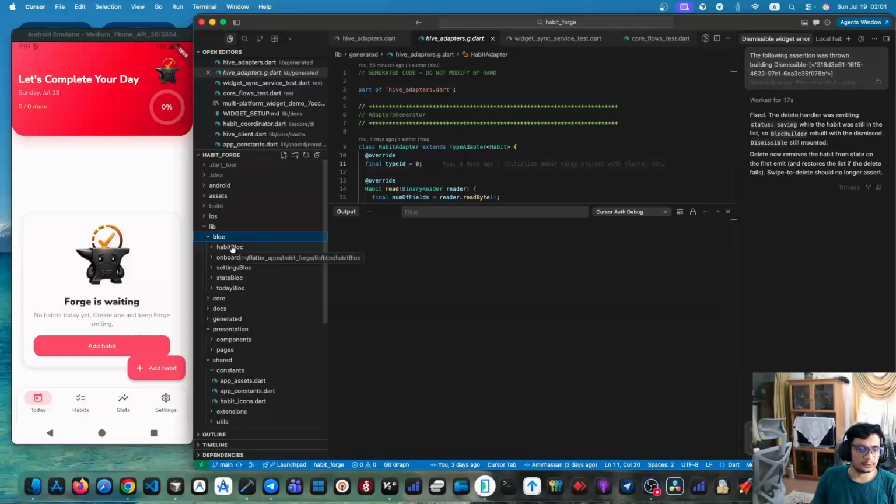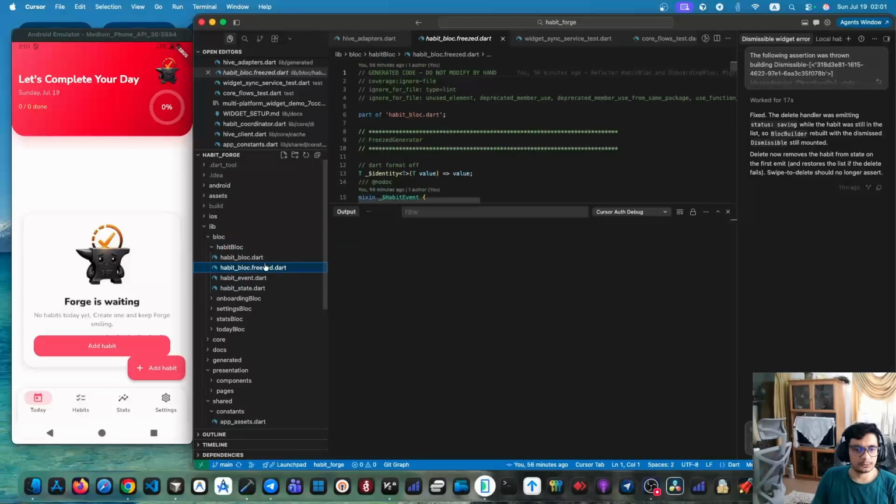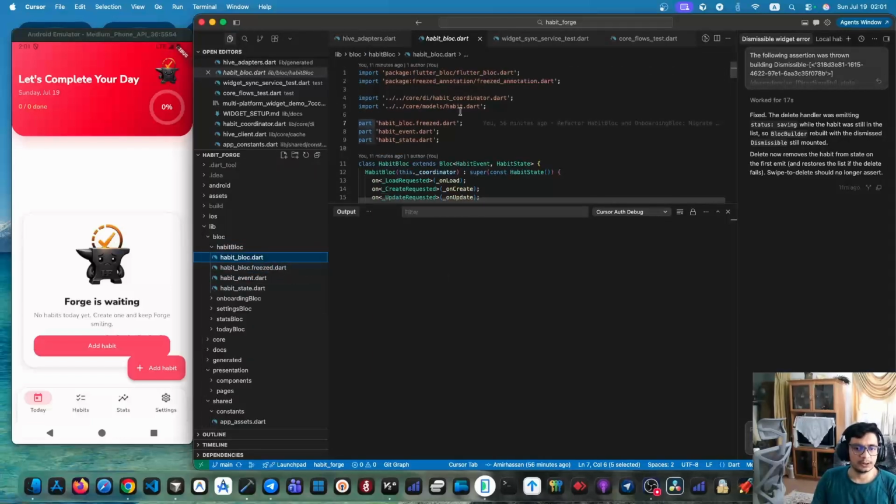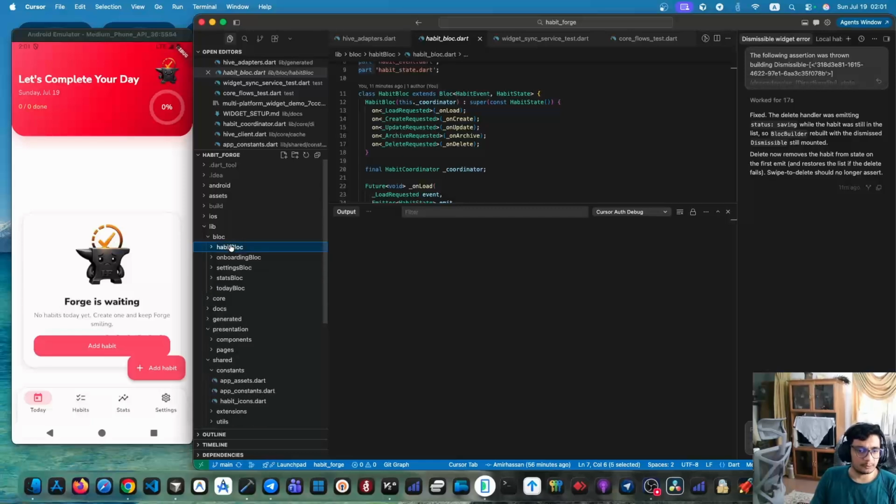We used a Bloc for each feature. For each one we had habit bloc, event, and state, and we also used the freezed package to simplify the development: habit bloc, onboarding bloc, settings bloc, stats bloc, and today's bloc. Also we have a core folder for cache files, models, notifications, routing,